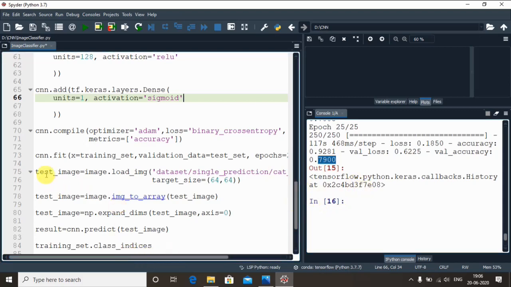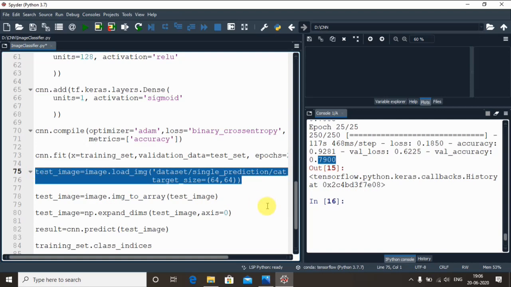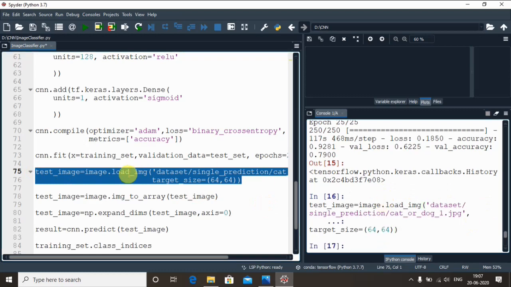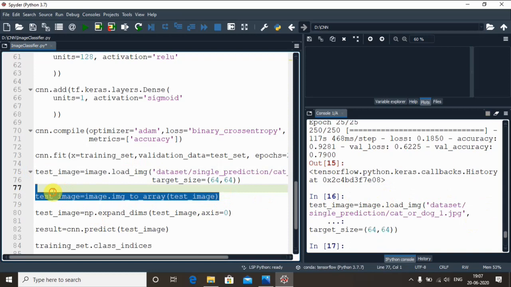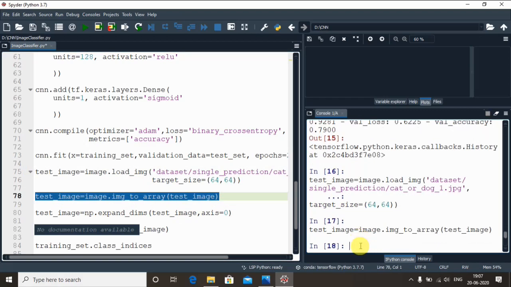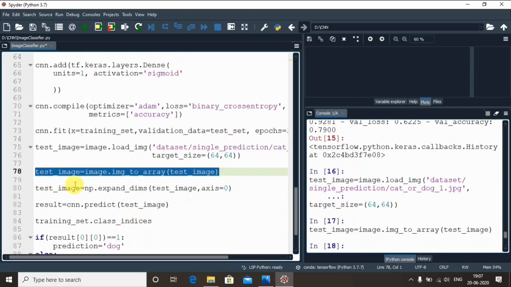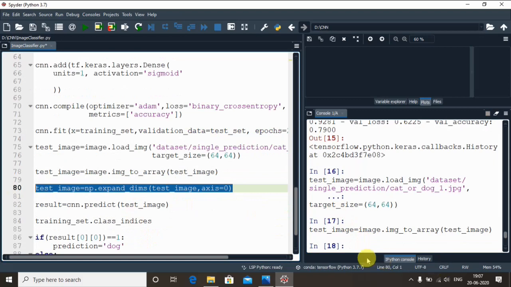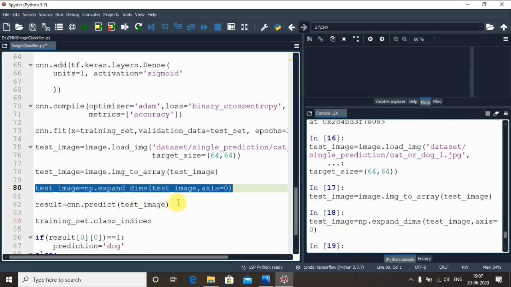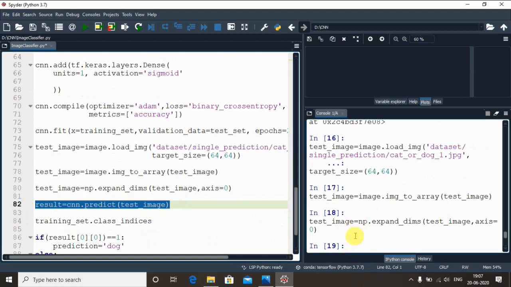Now we will start by loading the image with the target size 64 by 64. So we'll go ahead with the test image. This is in the PIL format. Done successfully. Now we'll convert the image into a NumPy array, because we expect it in a 2D array format. Yes, successfully updated. Now for the extra dimension, we had implemented this code and we will also execute this. Done.